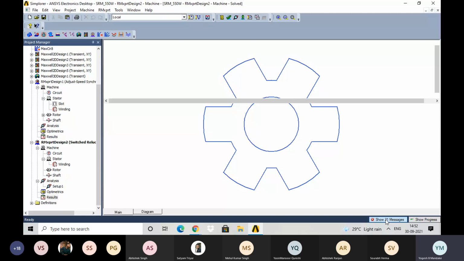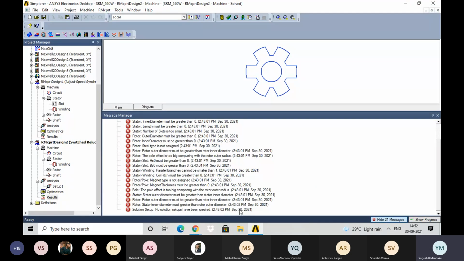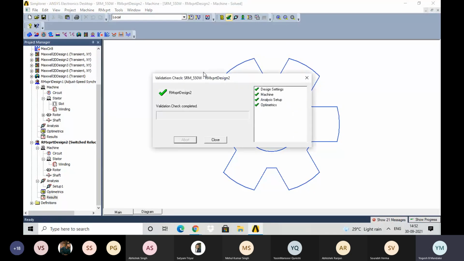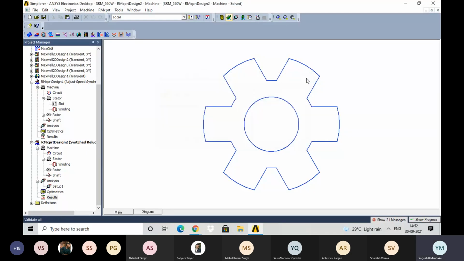Here different options are available, so you can go through the error and rectify it, and once it gets validated, you can easily check the performance of that machine. So this is the use of the RM Expert tool in ANSYS Maxwell software for electrical machine design. Okay.